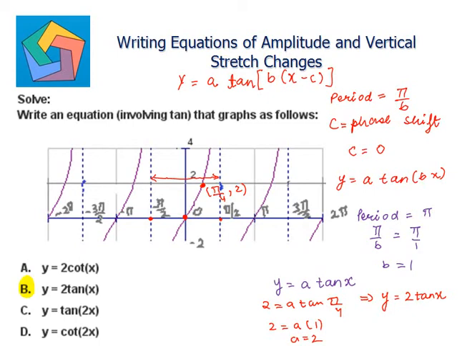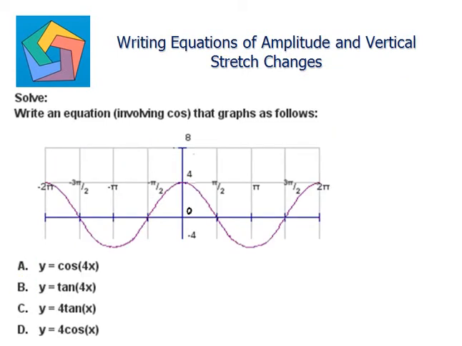Next problem. Solve. Write an equation involving cosine that graphs as follows. You can see the graph here. The general equation for cosine function is given by y is equal to a times cosine b times x minus c plus d,